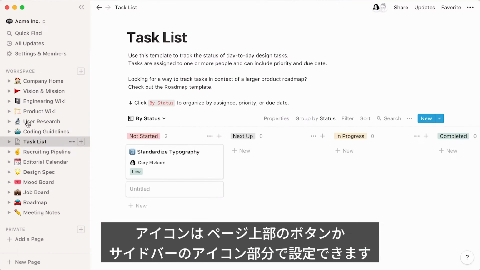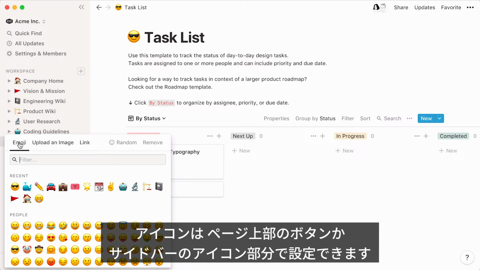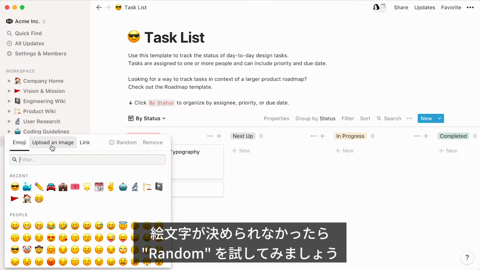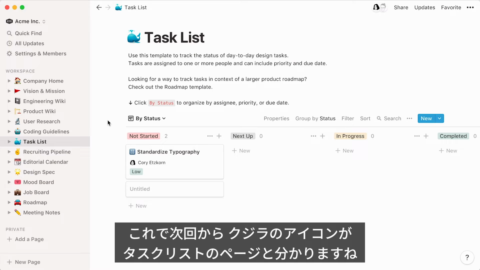To add an icon, you can either go here or click on the default image next to your page in the sidebar. If you don't know which emoji to pick, just click Random and see if something catches your attention. Voila! Next time you see a spouting whale in the sidebar, you'll know that this page is the task list